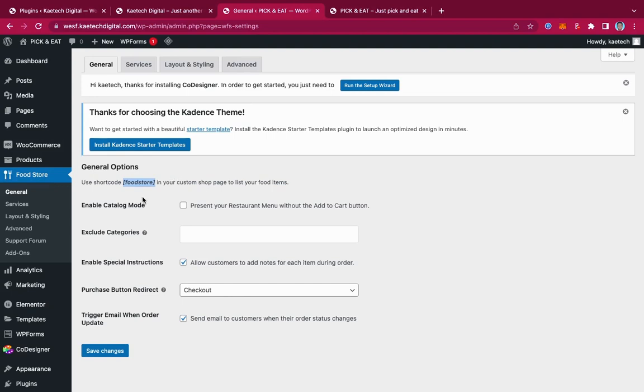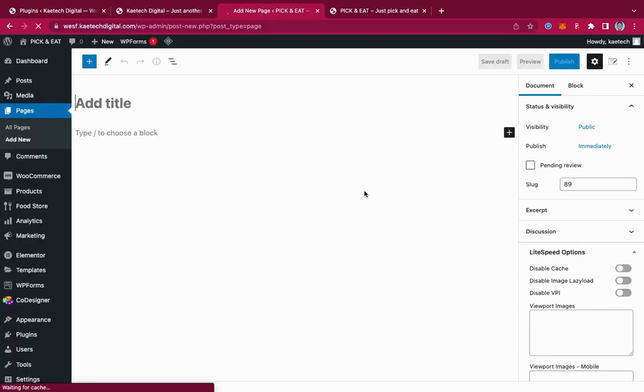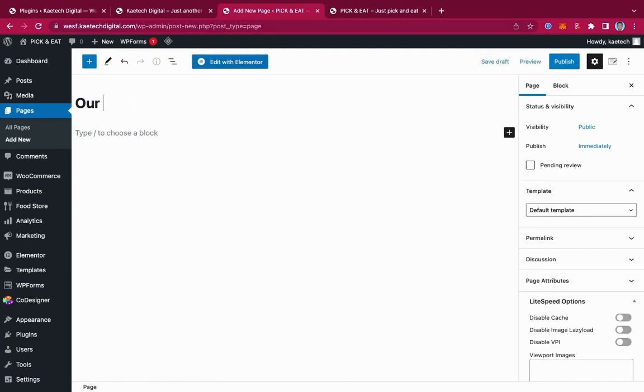Okay, and then let's go back to pages over here, and then click on add new over here to add our menu. Okay, so we're going to add our menu page, which is the order online page. So we need that page to function so that all our menu list will be seen over there. Okay, so we're going to name it our menu,